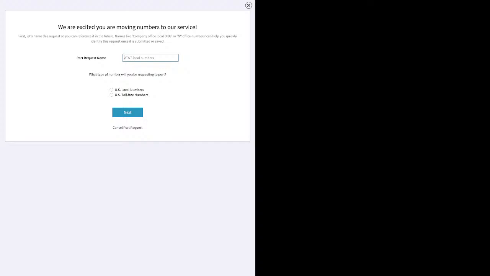You give it a name. You choose local or toll free. Then it asks you to upload a copy of your bill within the last 30 days. The numbers that you want to port, the address associated with it, or at least that the carrier has on file for you, or for those numbers. You can download a blank letter of agency and then upload a completed and signed letter of agency, or LOA. There's 4 checkboxes to check: